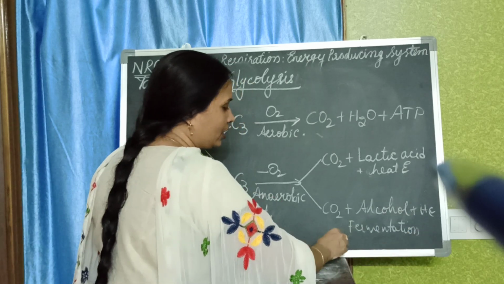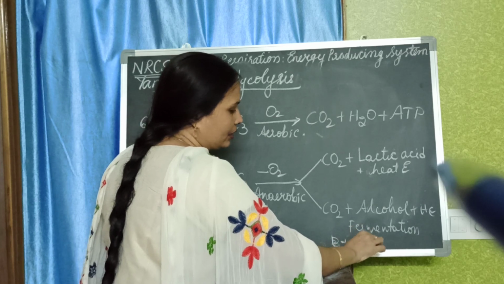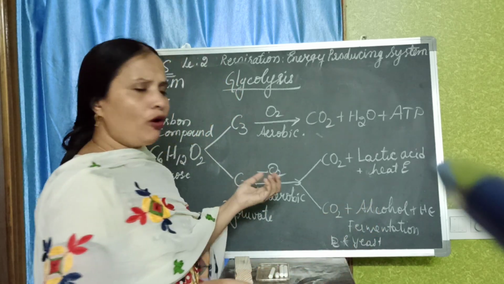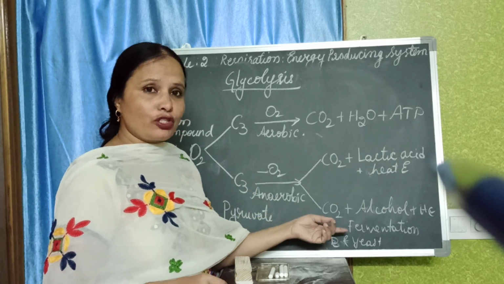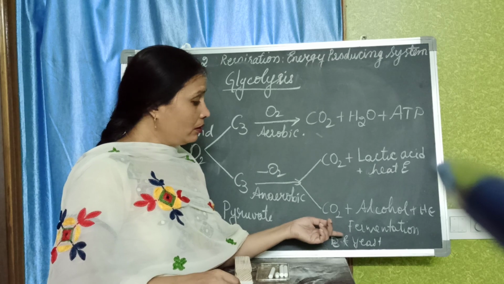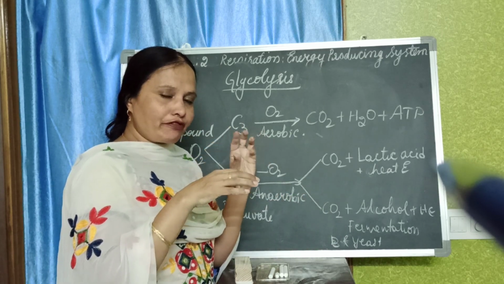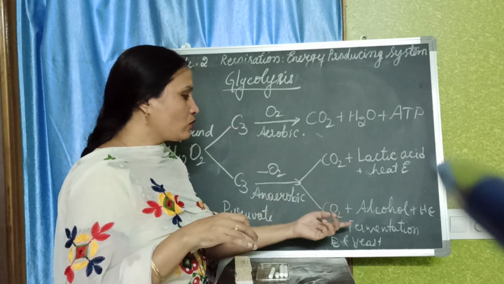In all the beverages, where bacteria and yeast are used. The example is bacteria and yeast. In all the beverages, in all the bakery products, if you go to any bakery, yeast is used to raise the dough and you get soft, fluffy cakes or bread and everything. That is because of yeast.